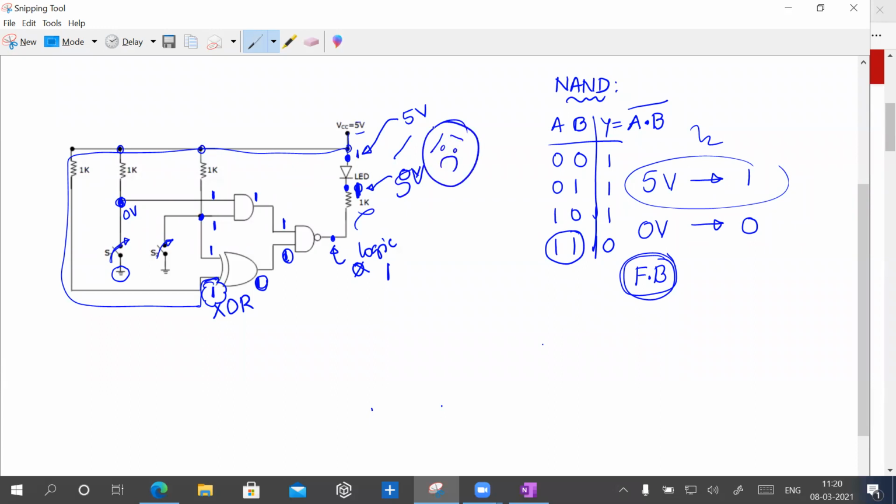So therefore the LED doesn't glow. Irrespective of whether you off it or on it, doesn't matter. Okay, you go home and check it again. You off these two switches, or one switch you on, other switch you off, both you off, both you on. Whatever you do doesn't matter. This bulb will never glow. That's it. So this is very simple stuff.